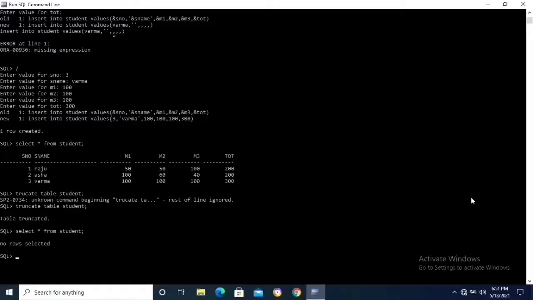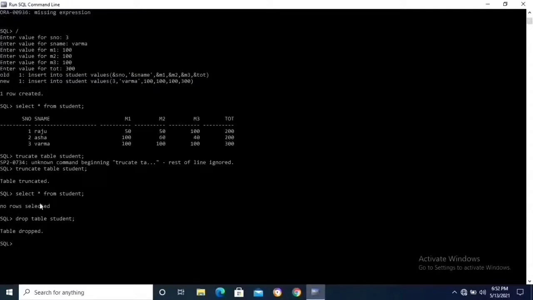And next, drop command. Drop command is used to delete the overall table. Okay, drop table. Table name is student. Semicolon. Enter. Table dropped. There is no student table because we dropped the table.